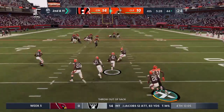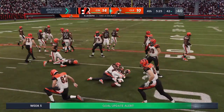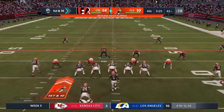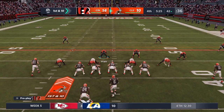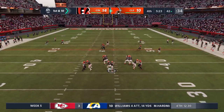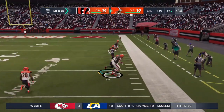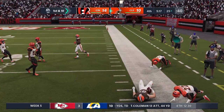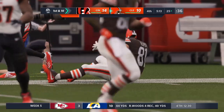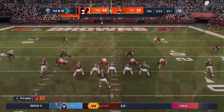And look at this. They get the turnover they needed. It's intercepted. Picked up by Carl Jones. A critical error there in a tight game of the fourth. All you talk about is taking care of the football, and especially with a lead here in the 4th quarter, turning it over, now the door is open for the opposition. Just in general, when you're passing in the 4th quarter with a lead, no matter at what point, you got to be super careful. Got to be careful, and sometimes you can be so careful that you end up running